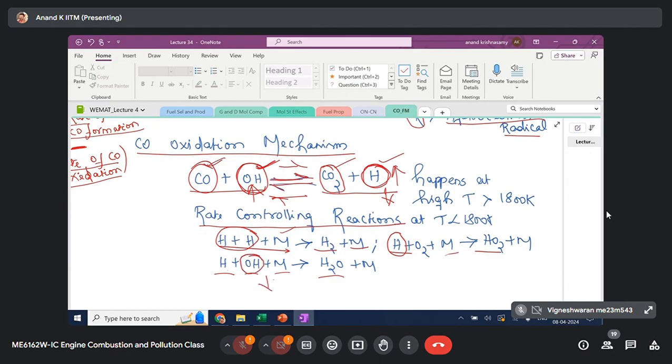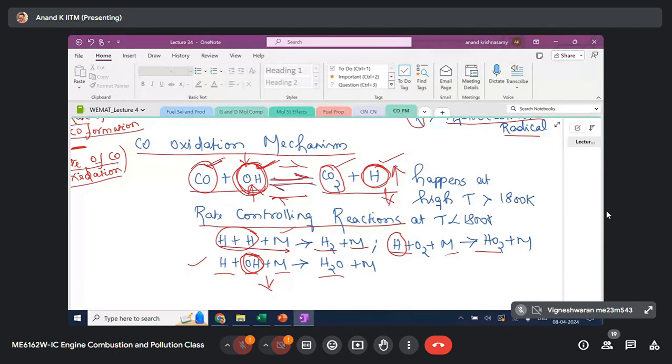It's reducing the OH radical availability, because you could see that for CO oxidation, we need OH. Because of the third reaction, if at all it happens at a faster rate, you are going to reduce the OH radical level. When this is reduced, this forward reaction is not favored. We use the word favored. Forward reaction is not favored because OH radical availability is reduced.